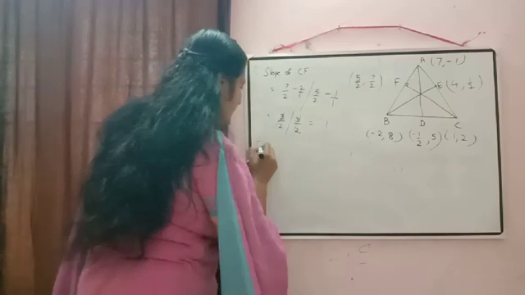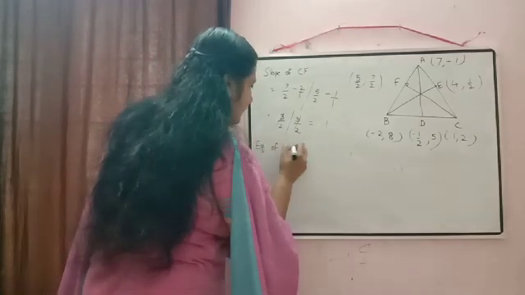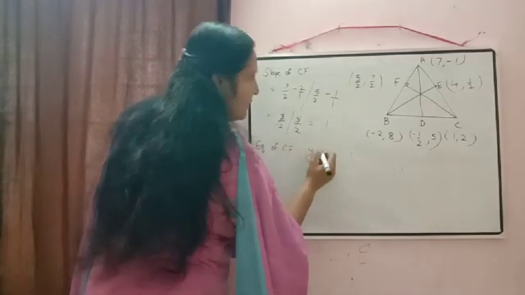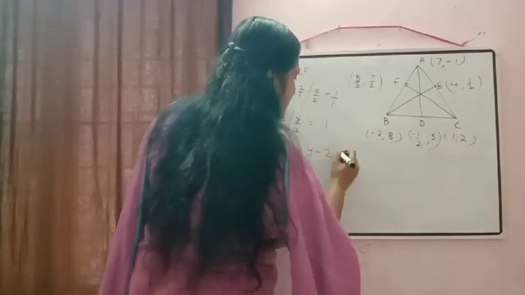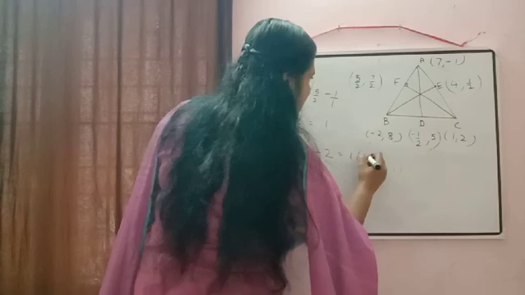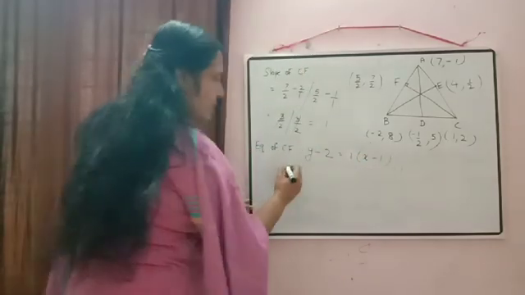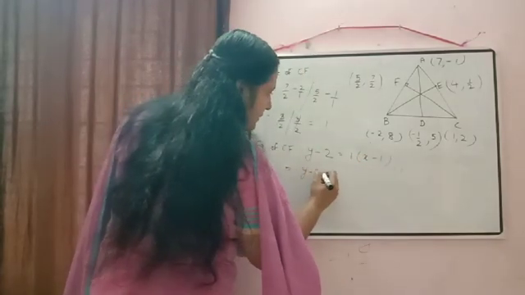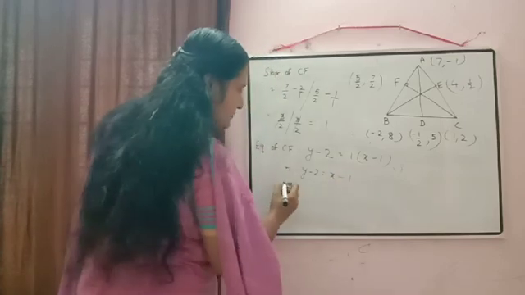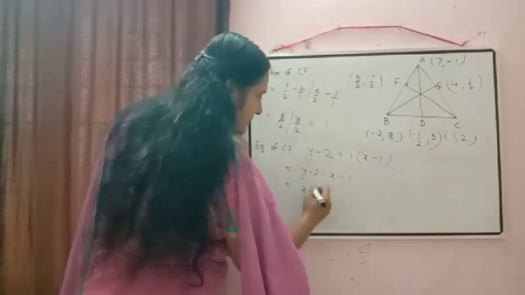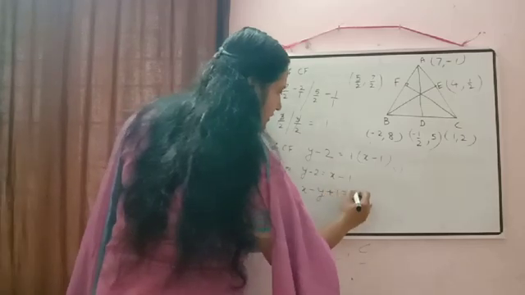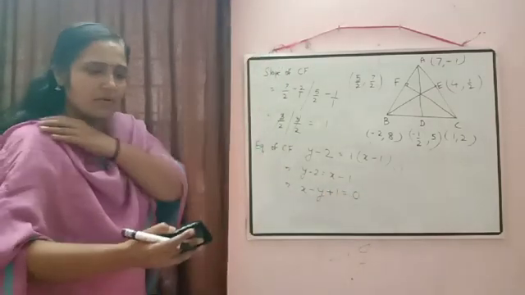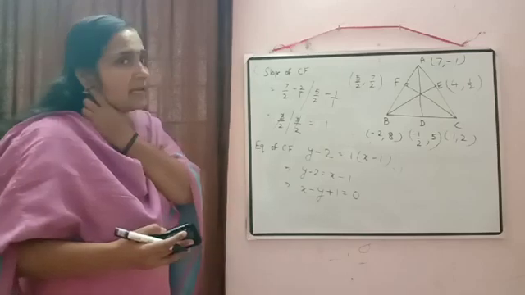Now we will calculate the equation of CF. So it will be equal to y minus y1. In place of y1 we have 2, is equal to m into x minus x1. So equation will be equal to y minus 2 is equal to x minus 1, or x minus y minus 1 plus 2. So that will be equal to plus 1 is equal to 0. So I hope this concept is clear.